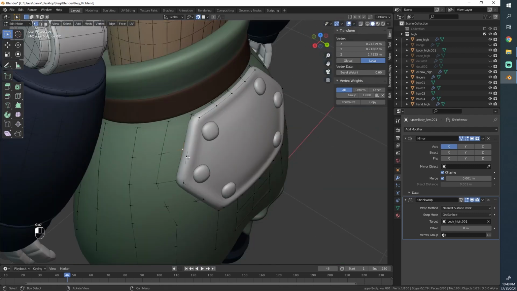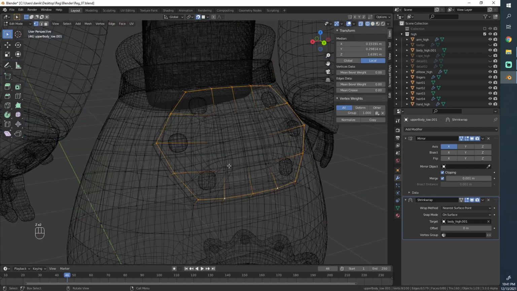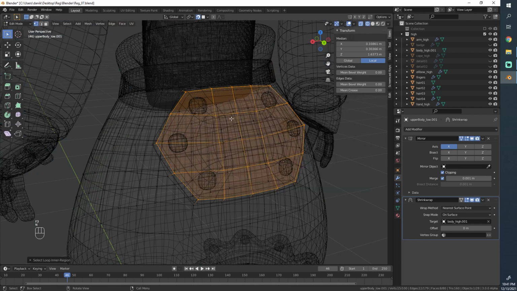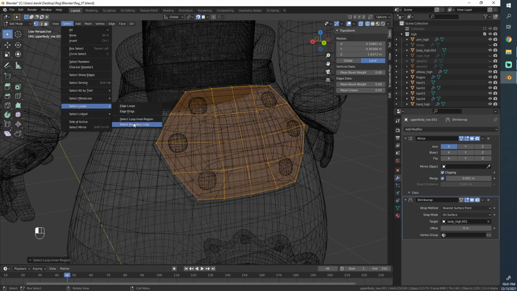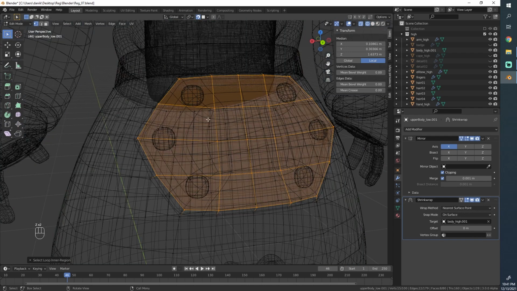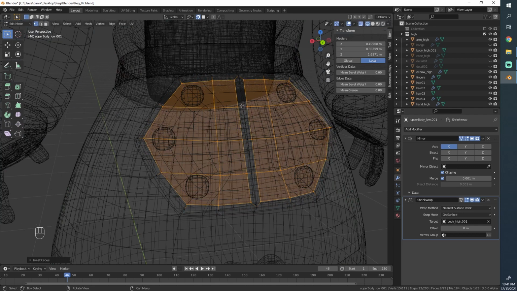So here's another feature we can use in this situation, which is quite handy. I'll select this entire area. Since we don't have the inside selected, I'll just go F3, type inner, and that gives us this. It's also up there, I think, in select loops, select inner region. You can add a shortcut if you want to. And I'll hit the I key, which insets the entire area.